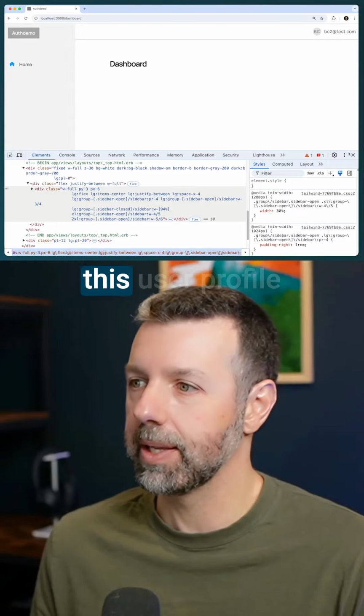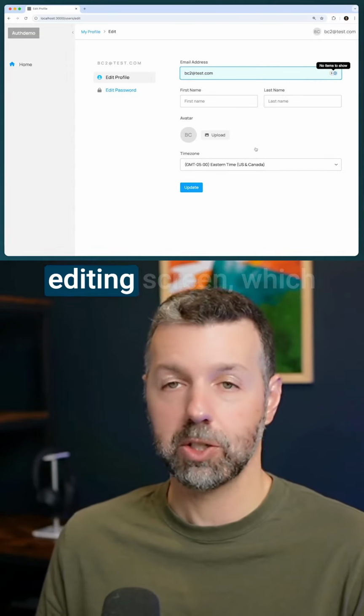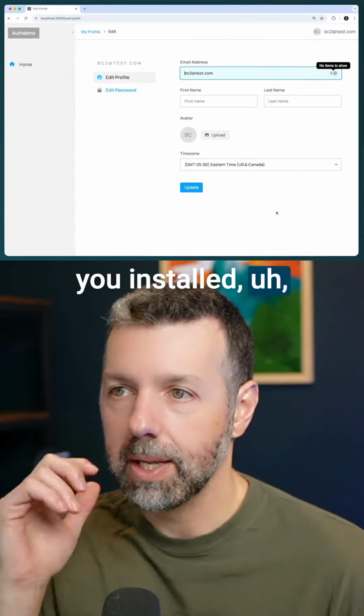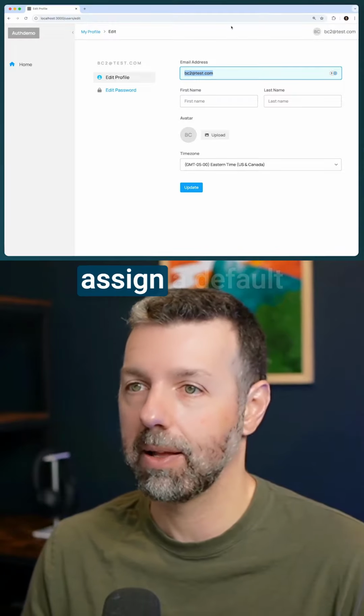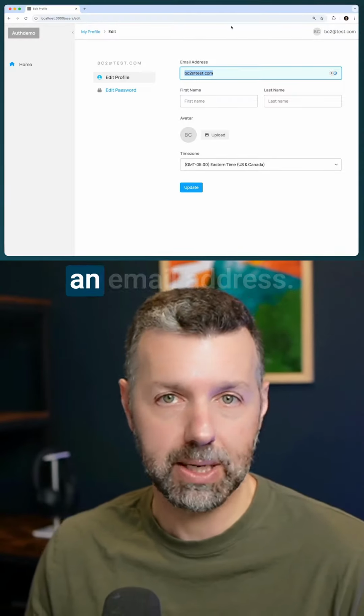Let's go back into this user profile editing screen, which we give you when you install the authentication stuff. So now we have a full user profile, and we can also add a first name, last name, and the avatar. Coming back to the avatar for a moment, if the user signed up using an email address that is already registered with gravatar.com, which lets you assign a default avatar image to an email address,